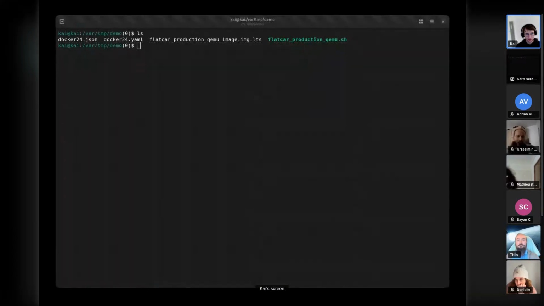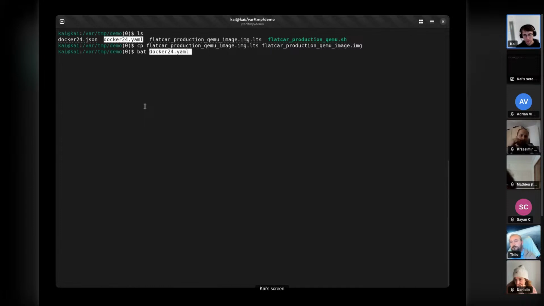Okay, so what you should see now is this terminal where I have a folder with the current LTS image downloaded, and I will just make a copy of it to boot a fresh image. I will directly customize this fresh image through Ignition, and that's done with this Butane config here that we will use.